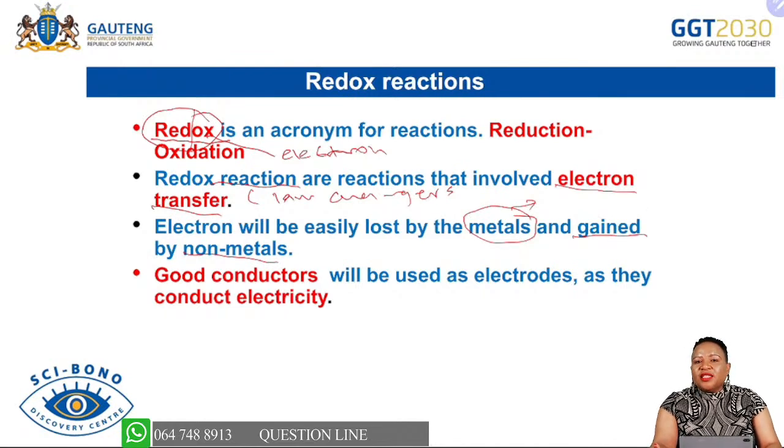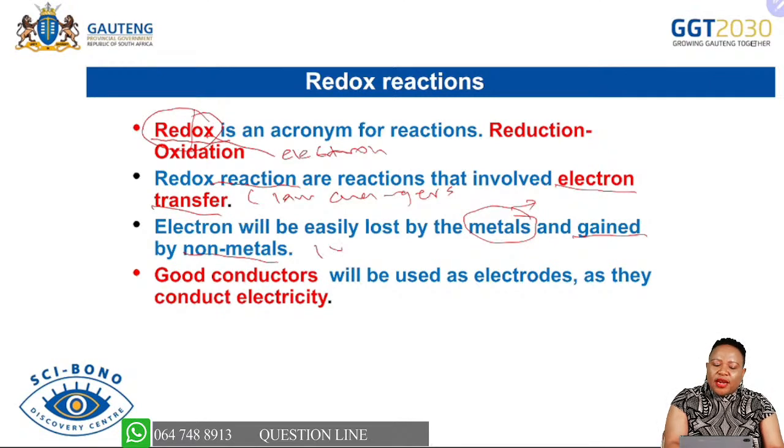However, this losing of electrons will not only be subjected to metals, because whenever a metal or a non-metal undergoes electron transfer, that metal or non-metal will definitely change from being a metal or non-metal to an ion. Therefore, we will also see metallic ions being able to gain electrons,